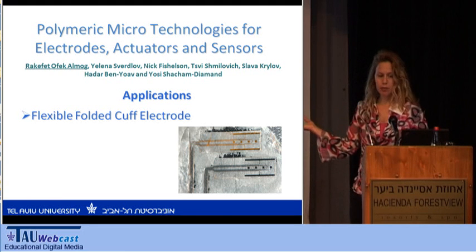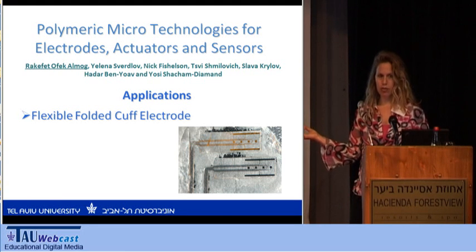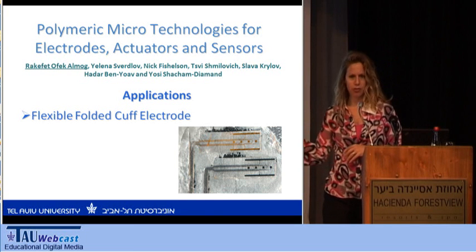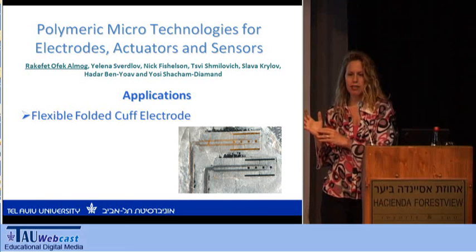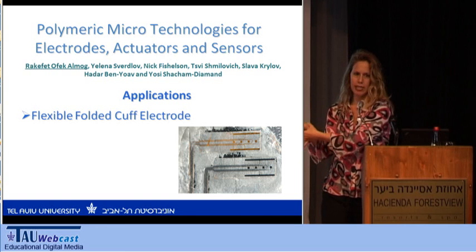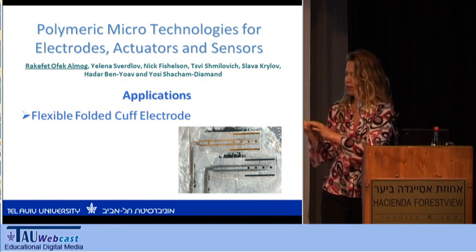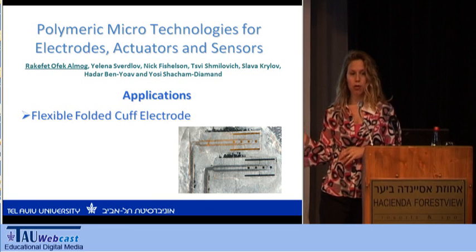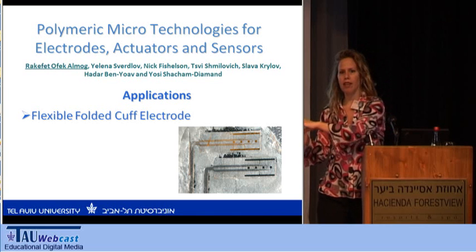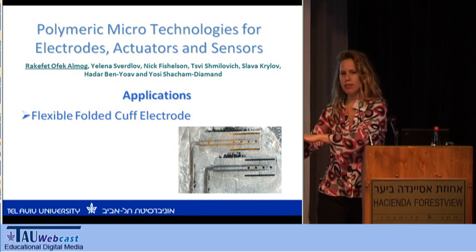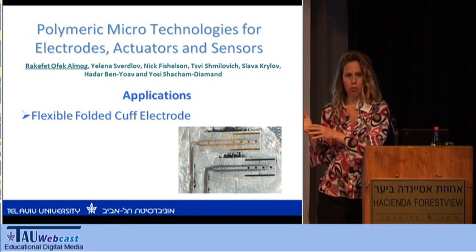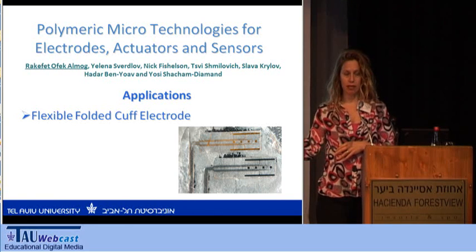For example, in this application, the flexible folded cuff electrode, it was quite famous. Yossi was interviewed on television. There is this robotic hand. It's called the Smart Hand Project. The electrode is around the nerve and connected to a robotic hand that was already implanted in one patient, a handicapped person who doesn't have the hand, and the nerve still works. So the electrode that we manufacture is connected to the robotic hand, and that's how he can use his hand